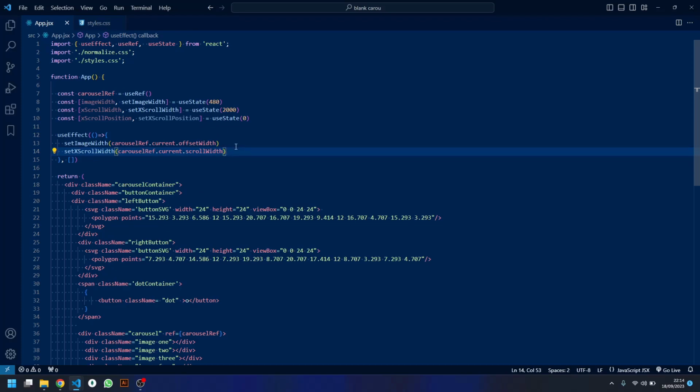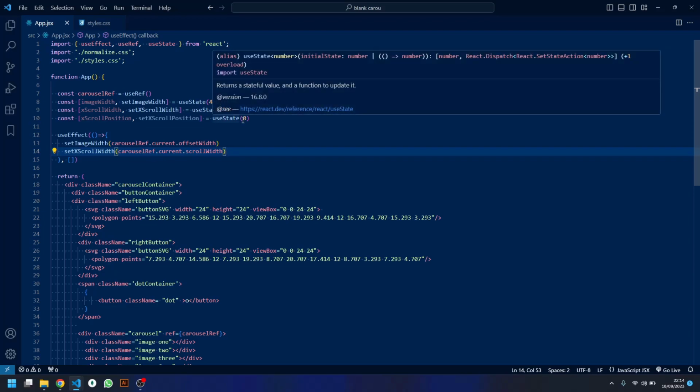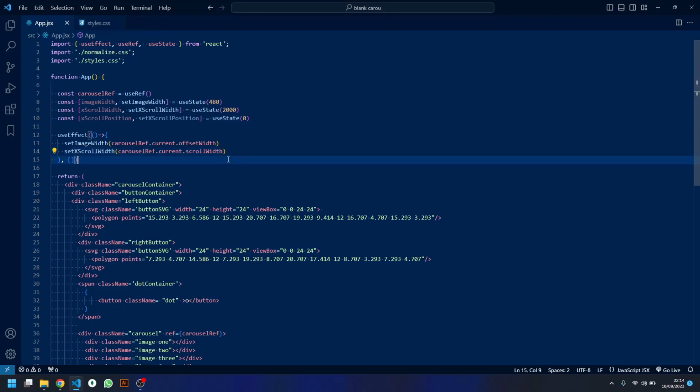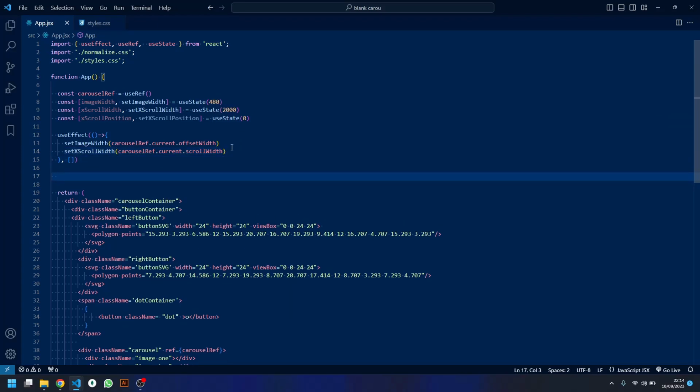And then I also want to set the scroll position, but I don't really need to do that here. When you first load the website, it's always going to be 0. We just need to really set that state value when the scroll position changes, so I'll come to that in a sec. But first of all,